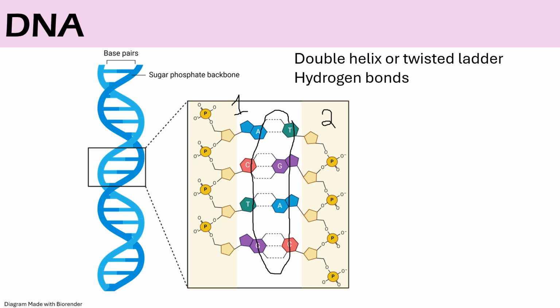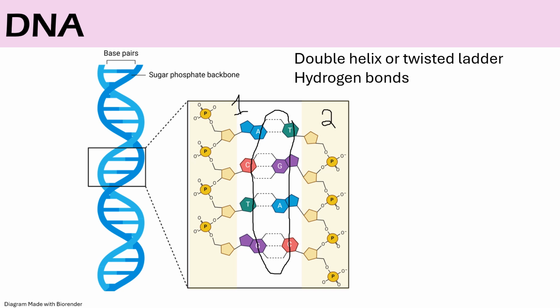Let's extend that analogy and think of DNA as a ladder. The rails of the ladder, or the place where you would put your hands on the ladder, are composed of the sugars and the phosphates that are in each of the individual nucleotides. And you can see the sugars here as the pentagons and the phosphates here as the P with the O's around it. The rungs of the ladder, or where you would put your feet, are made up of bonded nitrogenous